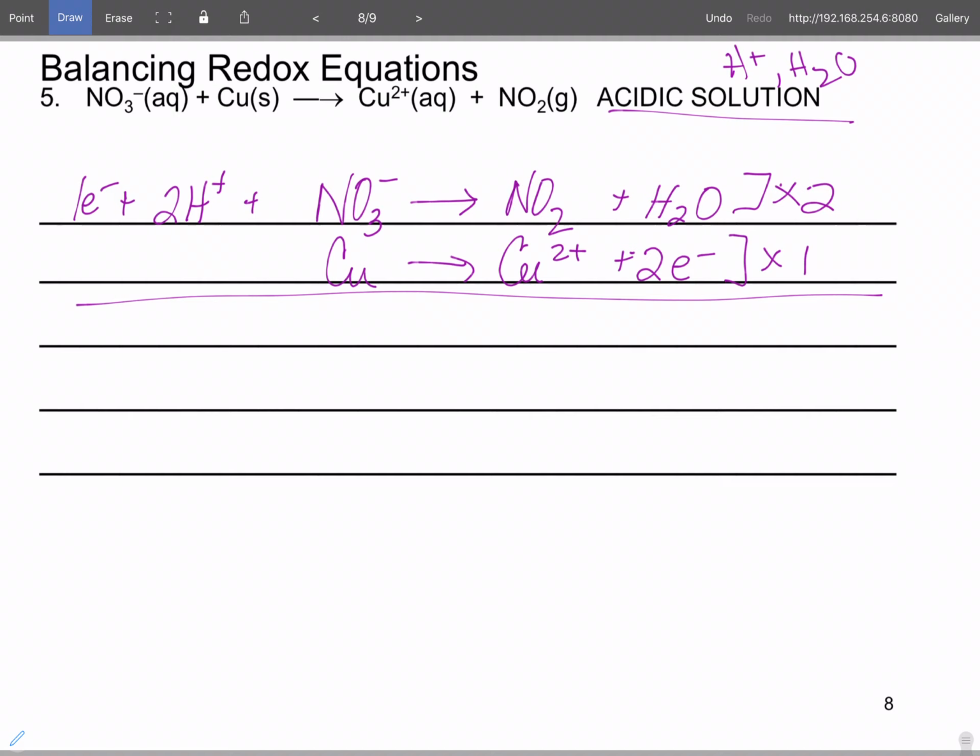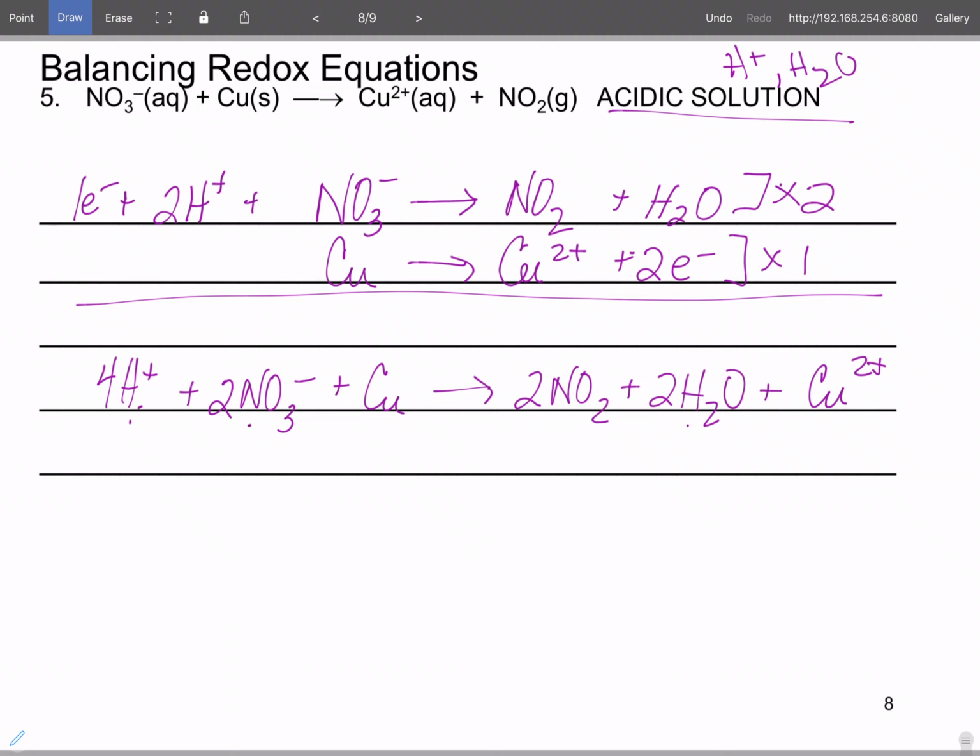So we get 4H plus 2NO3 minus plus copper yields 2NO2 plus 2H2O plus copper 2 plus. And our electrons would have canceled. So we're going to double check our math. We don't have H plus on both sides, so we're good there. We don't have water on both sides. So we have 4 hydrogens,